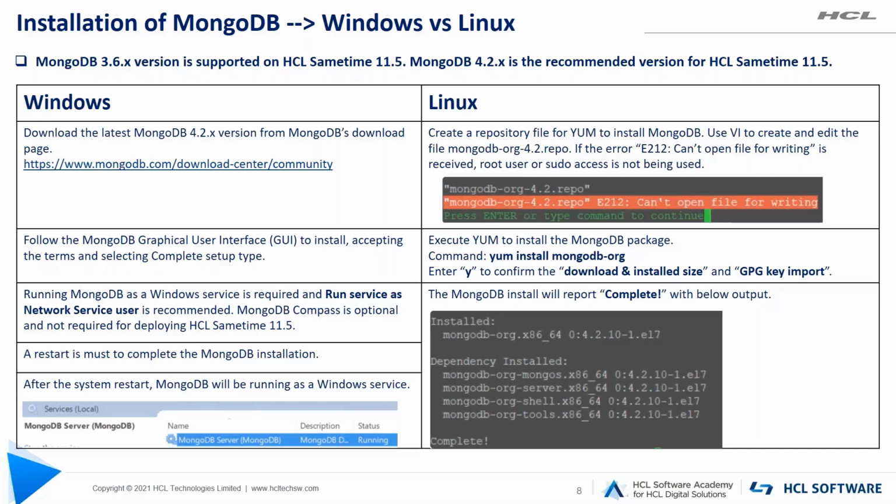Just press yes and finish the installation. You can note the final output shown in the image here. This is the final output we'll receive after the installation is completed. So that's it with the installation part. In the coming slide, we'll see the configuration for MongoDB for Windows and Linux platforms. Moving to the next slide.